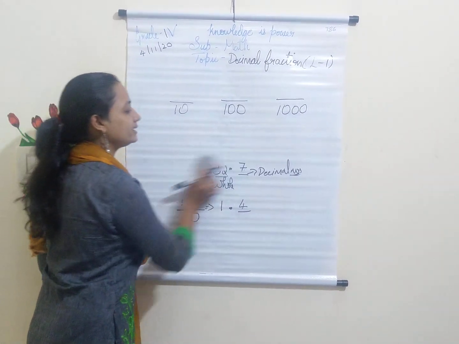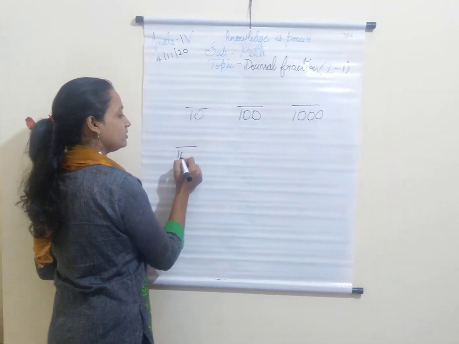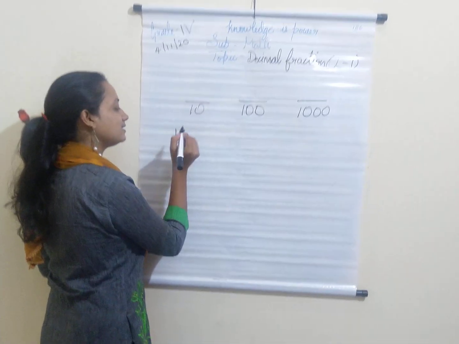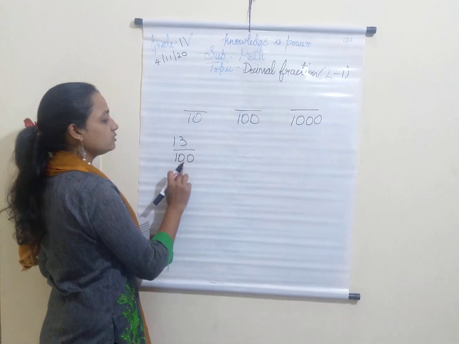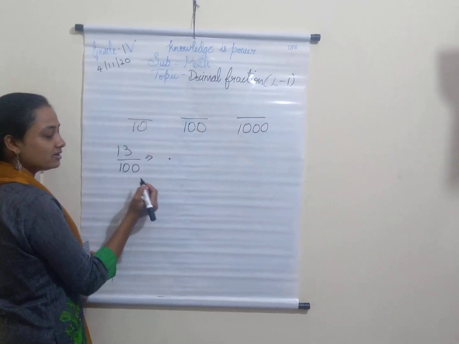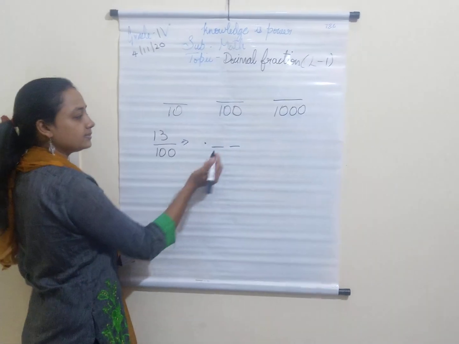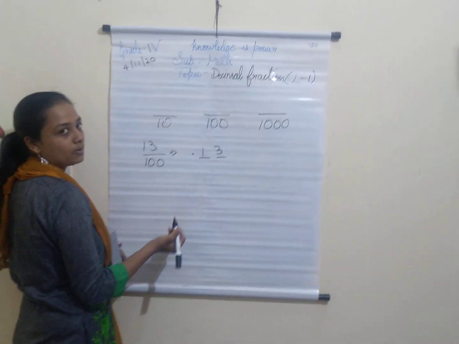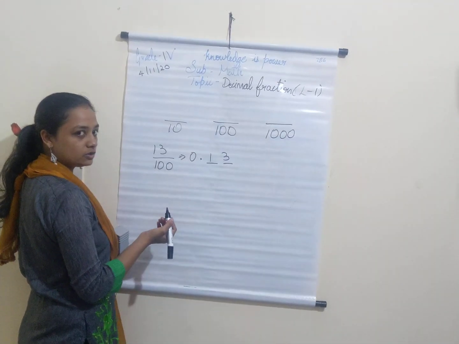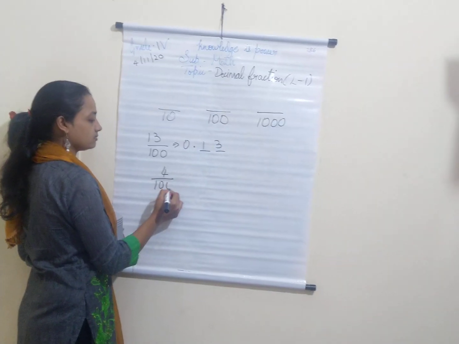Now what about denominator 100? If you have understood denominator 10, then denominator 100 is also very easy. So let us take a number. I have 2 zeros in the denominator. So after my decimal point, how many numbers should I have? I should have 2 numbers. So let us take both these numbers and write them after my decimal point. Before my decimal point, I don't have any number to write, so I write 0. So this was easy. Now what if I have a single digit?